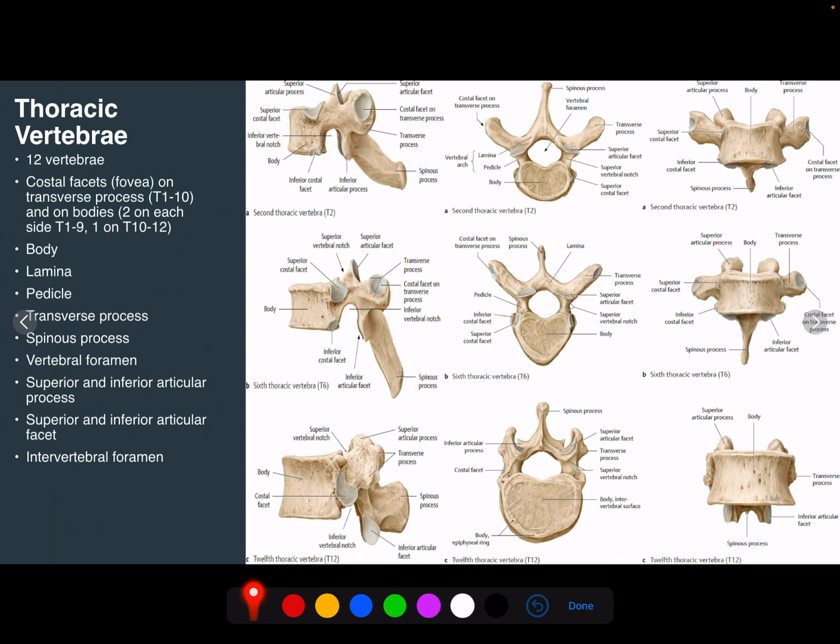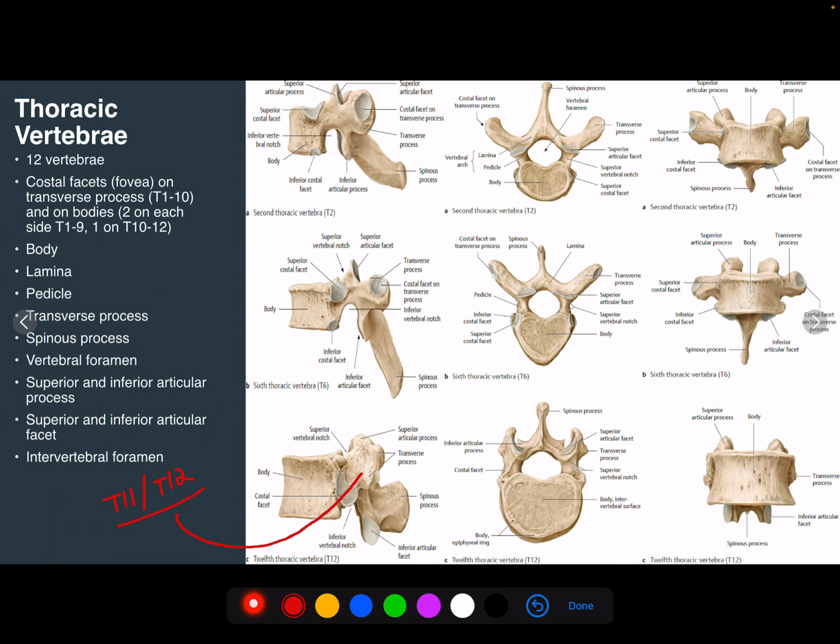Now, in addition to our superior and inferior costal facets, we also have costal facets on our transverse processes. Okay? And this allows for the articulation of the transverse process with the tubercles of the ribs. And we'll look at that in just a second here. Now, something to note is that T11 and T12 do not have facets on their transverse processes for articulation, all right? And it really reflects the free-floating nature of the